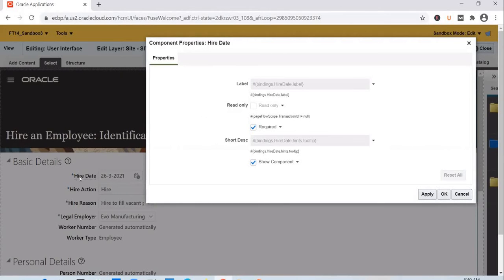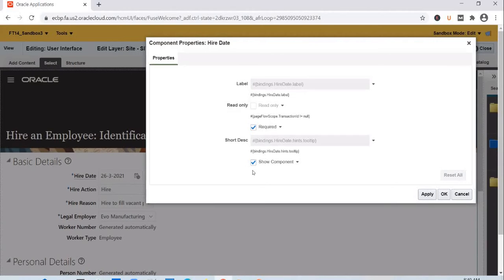Say, for example, if clients ask you to make this hire date as an optional field, but if in Parallel PPF, if you cannot insert a record without a hire date, then it is bound to fail, even if you make this as optional here. So you have to be careful with making required fields as optional fields. Other way around is fine.